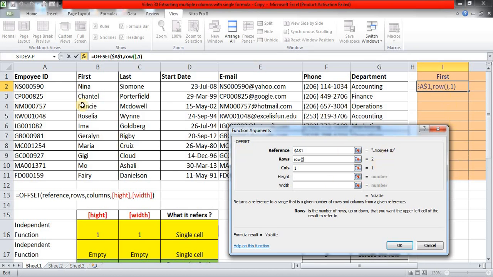So right now we are starting from this particular cell, which is A1, and now row is giving me 2, so we are moving 2 rows down, so 1 and 2, and assuming that we will keep this column argument 1, we are moving one column to the right. So if I click OK here, it will give me Chantal, isn't it?